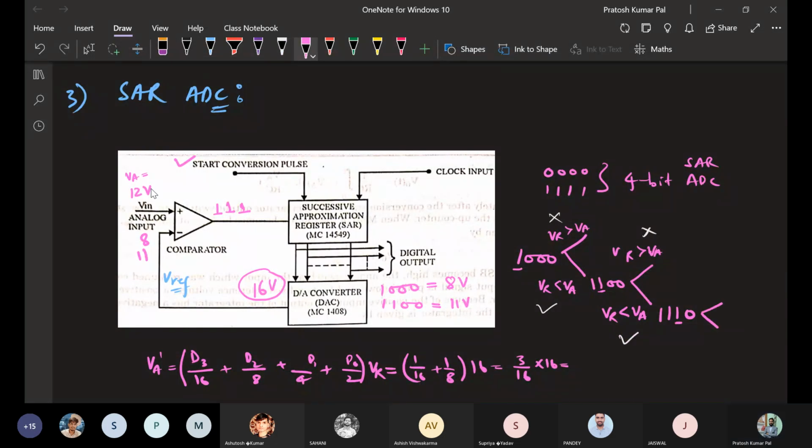In the next case, again we will be converting it here. Suppose this is 1110. So this is coming out to be like 4. So 4 by 16 into 16, so it will be 7 volt. 8 plus 7, that is 15 volt. So this 15 volt is higher than this, so it will be coming out to be 0. So the MSB will not be activated. So this is not satisfied.